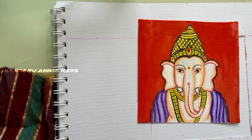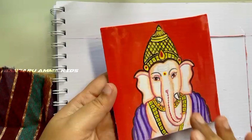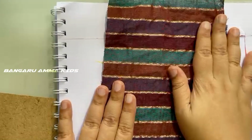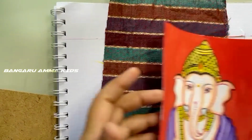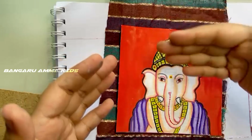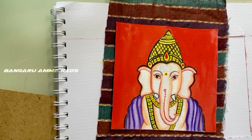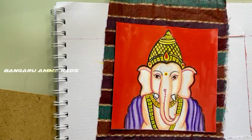Now you have the picture cut out in the size of 12 cross 12. So on top of this, you can take any cloth, any blouse material, any home colorful cloth, and place this picture right on the center. Add a color which gives quite a contrast to your painting. We will be simply just placing it inside the photo frame, and your painting will be